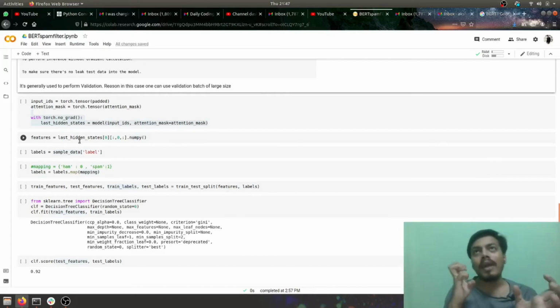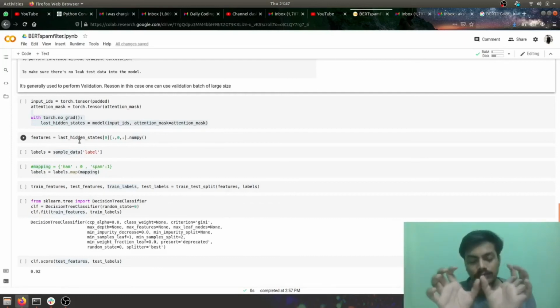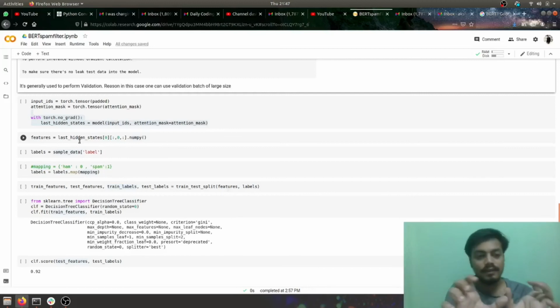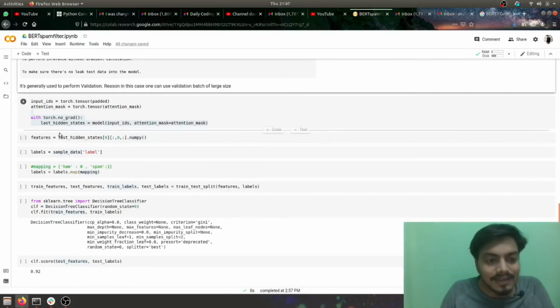What happens in BERT is that two tokens are added to each sentence, CLS at the start and SEP, the separator. At the place of CLS we get a combined representation of the entire sentence. So we'll be picking the CLS token, and that is exactly what I've done here.